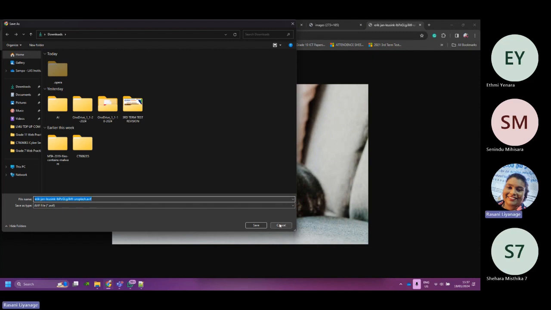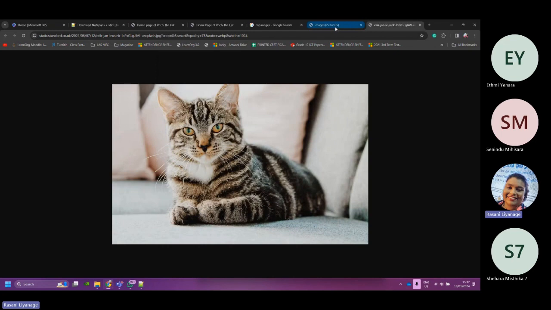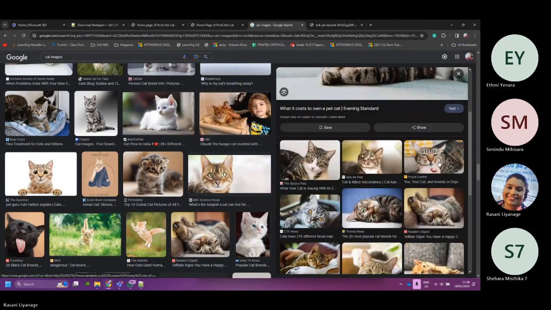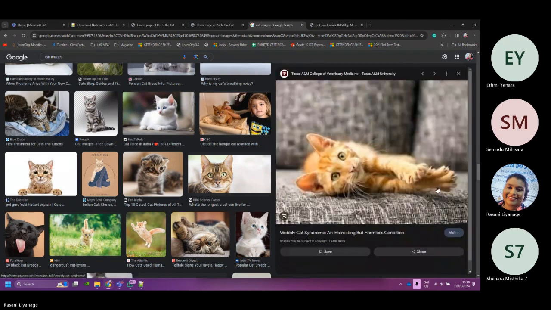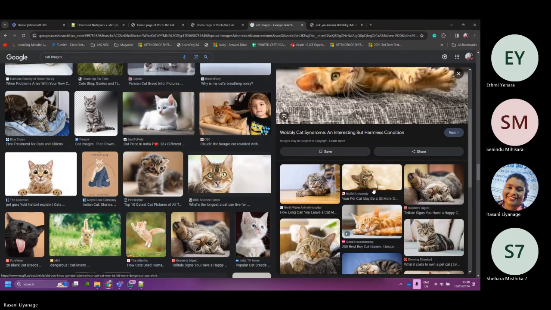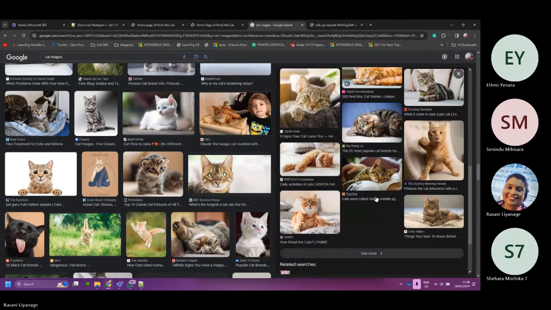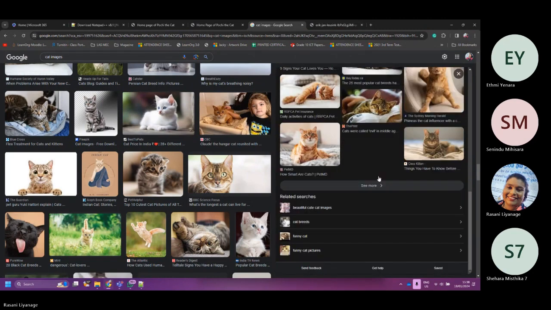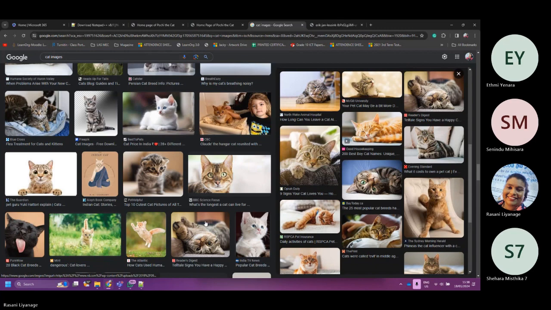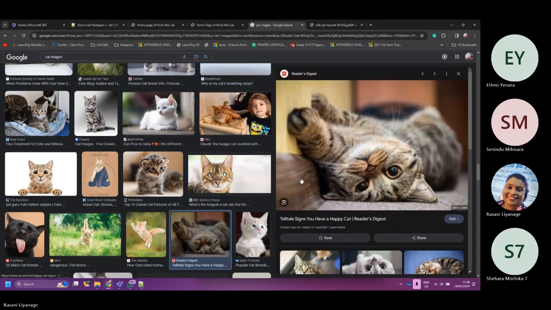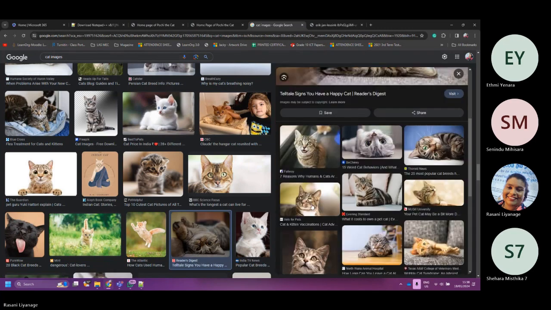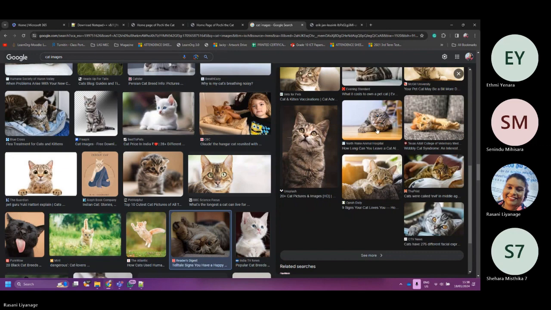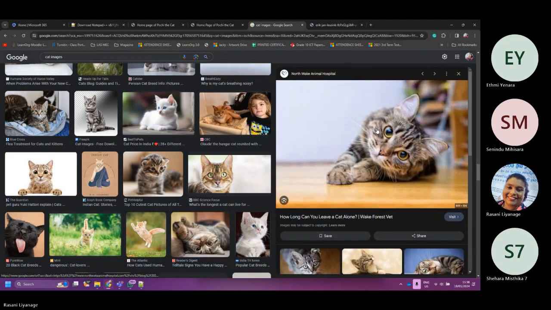This is AVIF, son, that won't work. We want to get a JPEG. We need a JPG. Try this one.